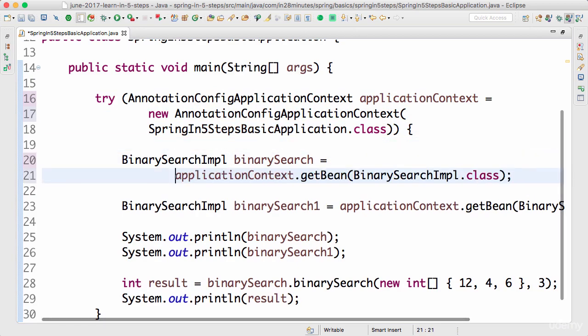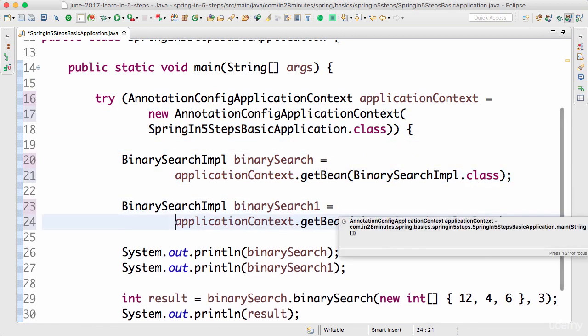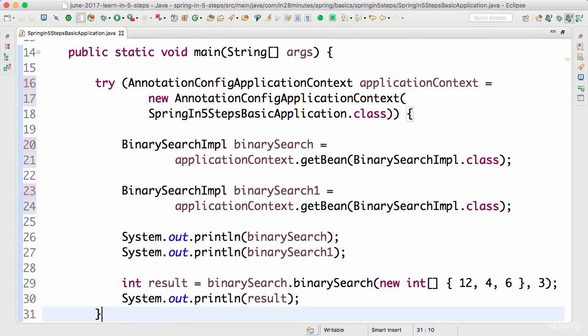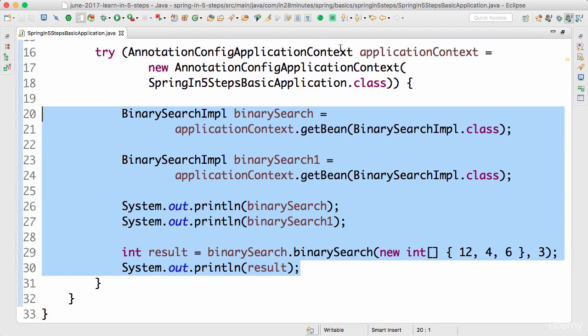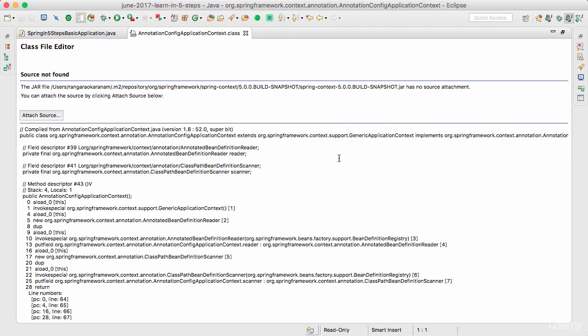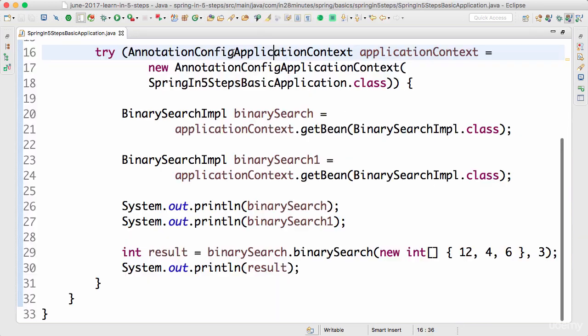So let's make use of that, and now you can see that the code is much cleaner. Even if there is any exception in this piece of code, the connection would get closed because, if you look at this, it implements something called AutoCloseable. Since this implements the AutoCloseable interface, we can use it in a try, and if anything goes wrong, the close method would be called, otherwise everything's fine. Okay, that's point number one.